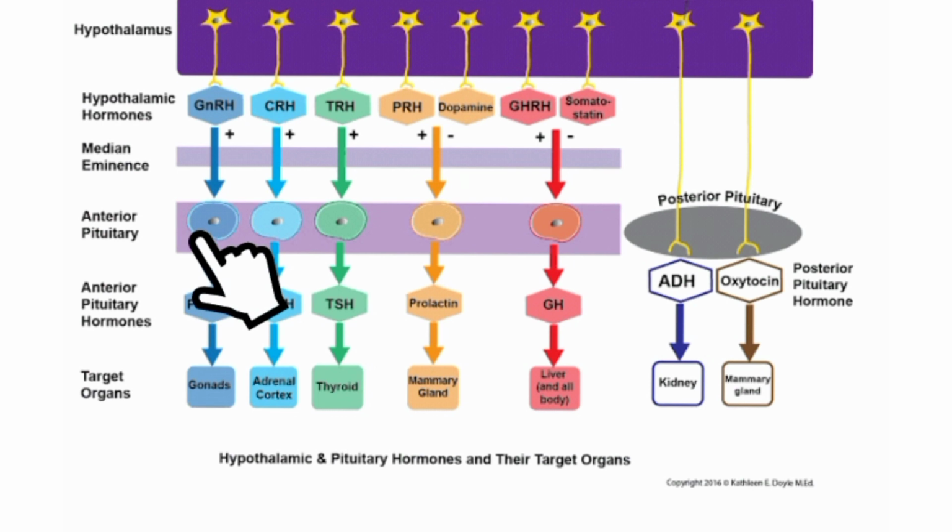Whereas the anterior pituitary does synthesize its primary hormones, which include follicle-stimulating hormone and luteinizing hormone, which are in turn controlled by gonadotropin releasing hormone from the hypothalamus. When gonadotropin releasing hormone signals the anterior pituitary, only then does it release follicle-stimulating hormone and luteinizing hormone, and the ultimate target site of which is the gonads, that is the testes and ovaries. Similarly, corticotropin releasing hormone has control on the anterior pituitary hormone adrenocorticotropic hormone. This is the second anterior pituitary hormone. The ultimate site of adrenocorticotropic hormone is the adrenal cortex,